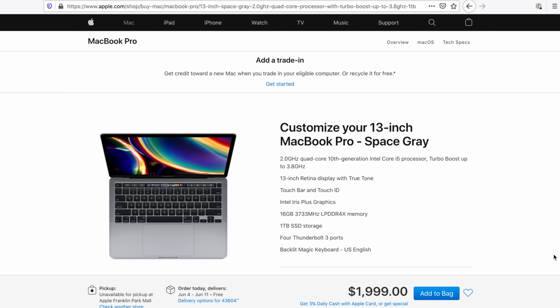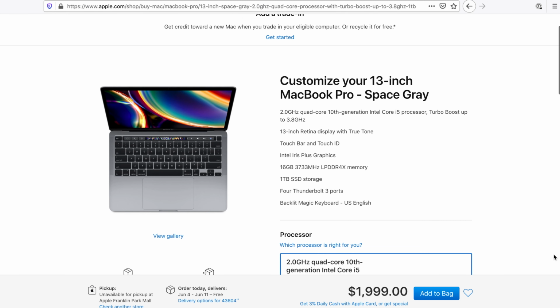But right now, I just bought the new MacBook 13 2020, and I have been using it for a few weeks now, so I can finally give you my review. Taking into account that what I value in a laptop is portability, performance, and minimalism. So right now, there's a few options for the MacBook Pro, but I bought the high-end model because it has